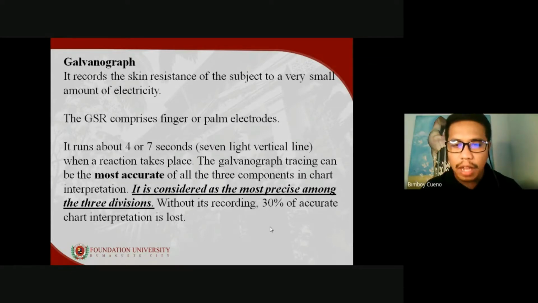The galvanograph, take note guys, is the most accurate of all the 3 components in chart interpretation. It is considered as the most precise among the three divisions. Without its recording, 30% of accurate chart interpretation is lost. Perhaps the question right now is, why is galvanograph considered the most accurate among the major components of a polygraph machine? If you can notice